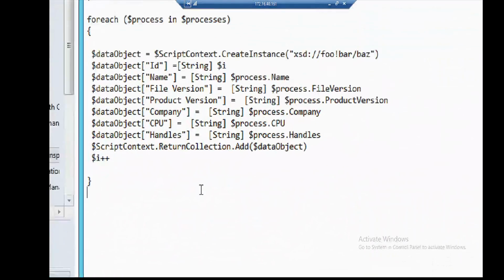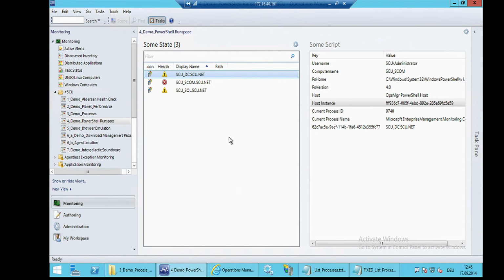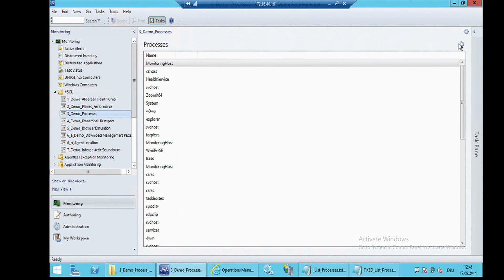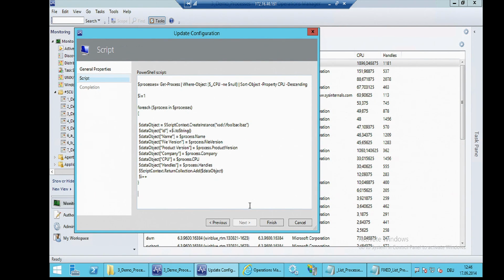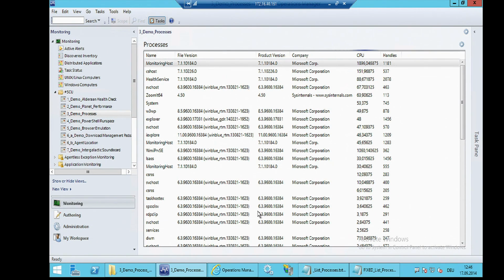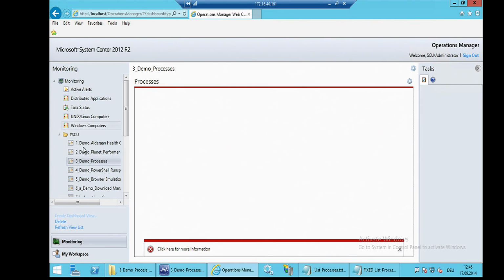That's the only thing I changed. And if I copy, that's the wrong one. If I copy and paste this code into our console, then you will see the result in the fat console is the same, but if you go back to the web console,